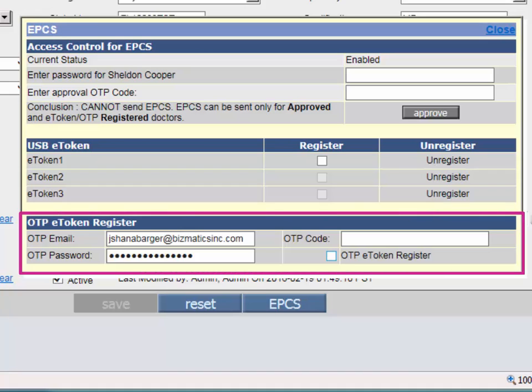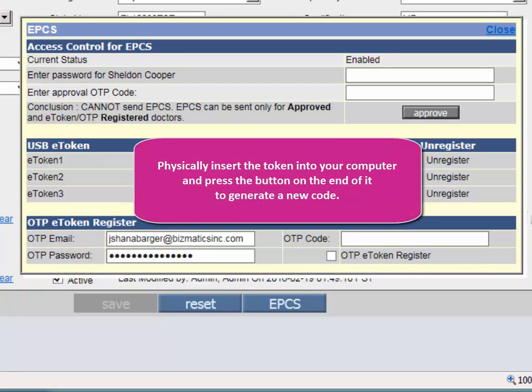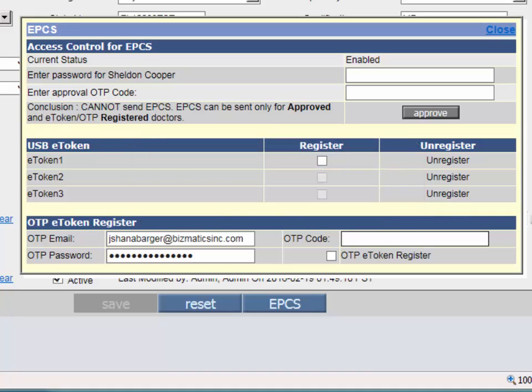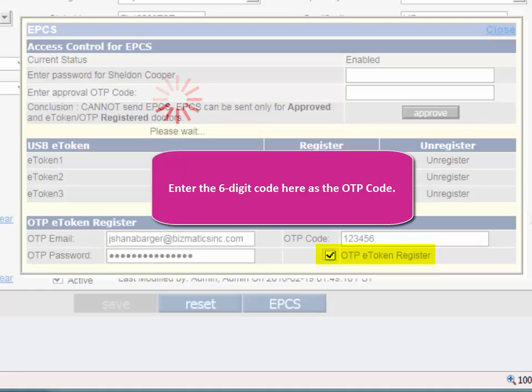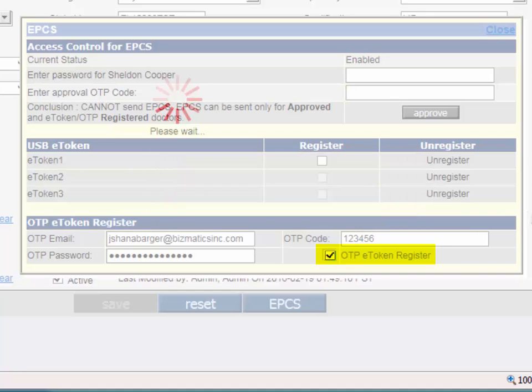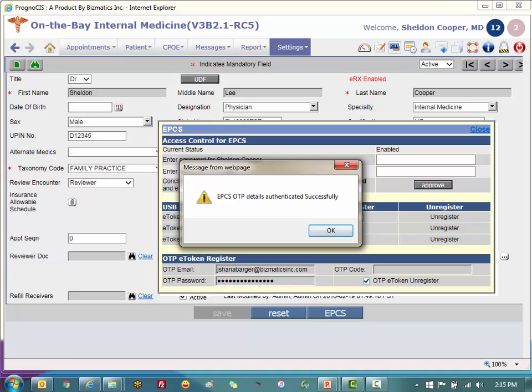Down here at the bottom, we see we have the one-time password e-token register. So you're going to physically insert the token into the USB port of the computer, push the button on the end of it, which is going to display a unique 6-digit code in the screen. Put that 6-digit code in here, and we're going to click the checkbox OTP e-token register. It's going to take a few seconds, and then it'll give me a confirmation that I have successfully authenticated my